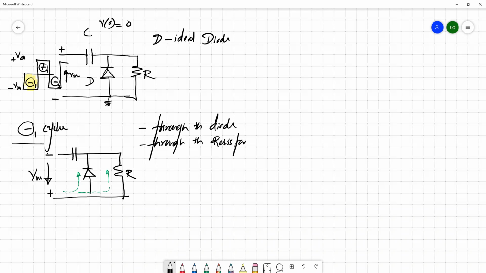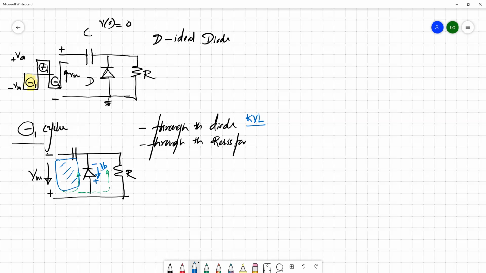How do you verify whether it's in a forward direction or reverse direction? We can apply the previous concept we have used. This is the polarity of the diode: this is minus, this is plus, so this is the voltage across the diode. How do you evaluate the exact voltage across the diode? We first remove this diode and evaluate the voltage across it. If you consider this circuit, once you apply Kirchhoff voltage law,